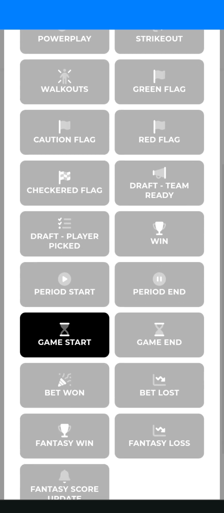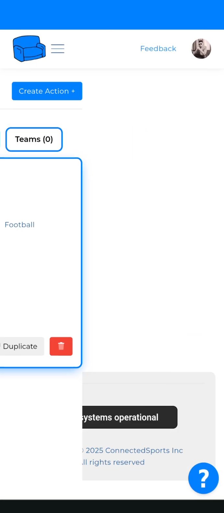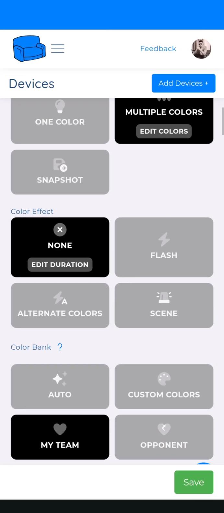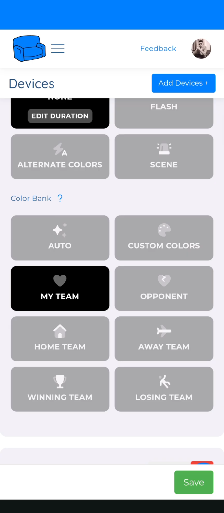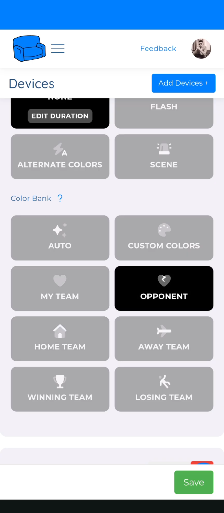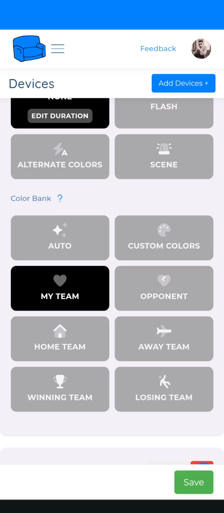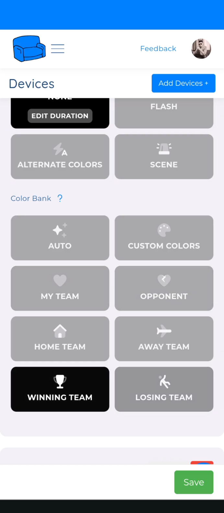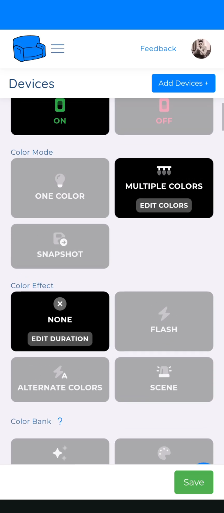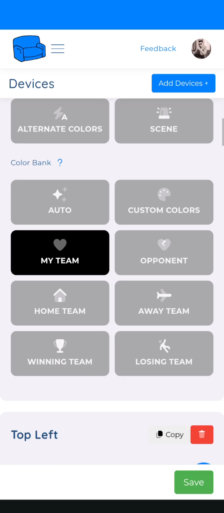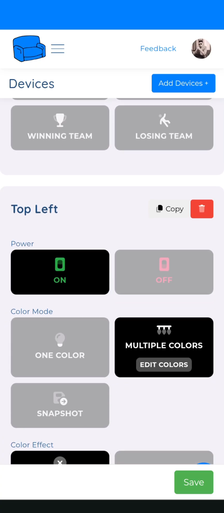There are also ways to do game start animations and stuff. So here I set my lights to my team colors when the game starts, but you can choose the opponent color, the home team, the away team, the winning team, the losing team. You can put a custom color. So there's the game start trigger, and you also can create